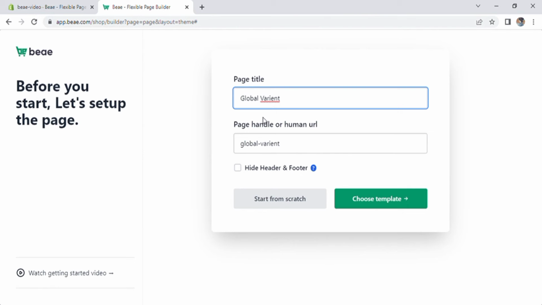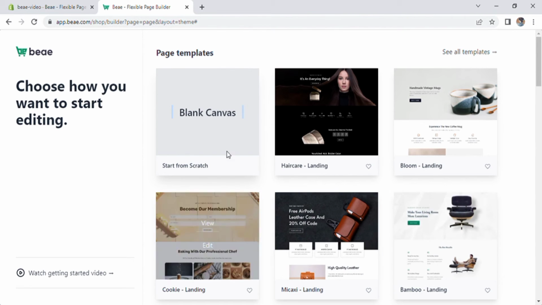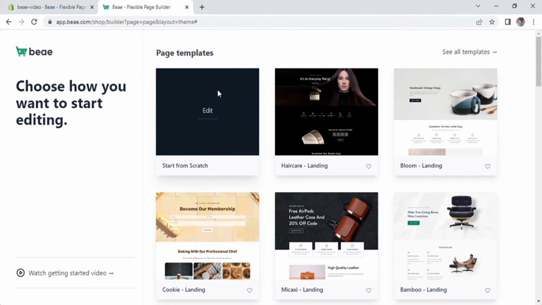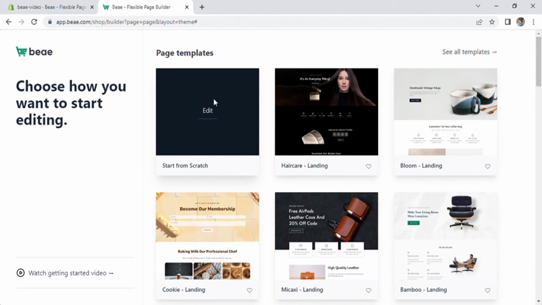After selecting a template, you can move on to the following page. Now that the page template is accessible on a hidden screen, you may see many templates on it. I can select the first blank canvas template here, open it by clicking it, then a home page appears on